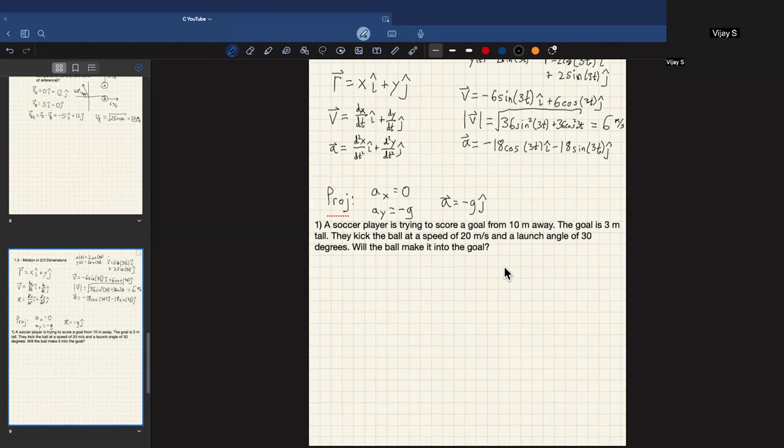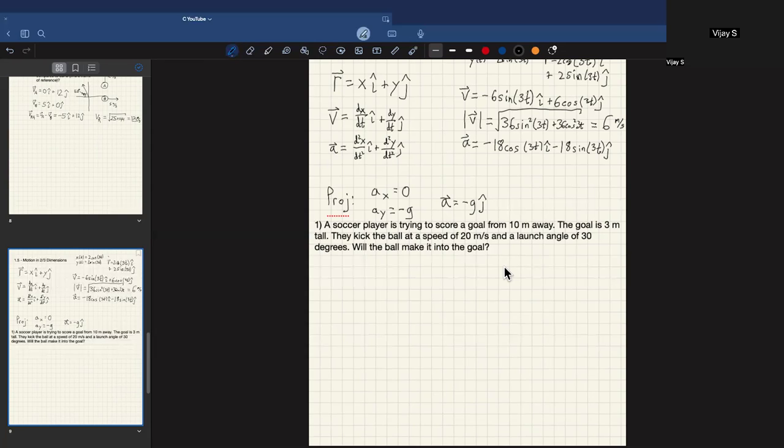So take a look at this problem. A soccer player is trying to score a goal from 10 meters away. The goal is 3 meters tall. They kick the ball at that speed and angle. Will the ball make it into the goal? Another way of reading this question is, if the ball goes 10 meters horizontally, will its height be less than 3 meters? Because if it's not,